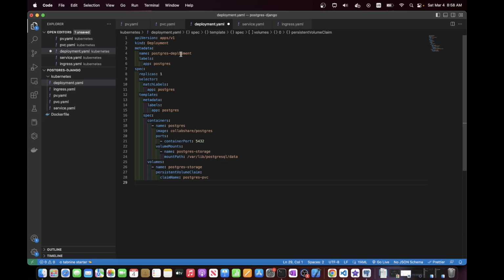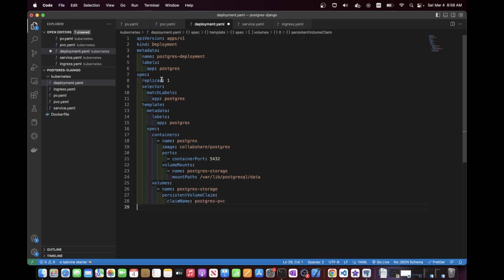The name of this deployment is postgres-deployment, and we want one replica, and the important section is the spec section, where we define the container, which is the container that we have built so far, the Collabshare Postgres container. We provide the port, which is the default port 5432,